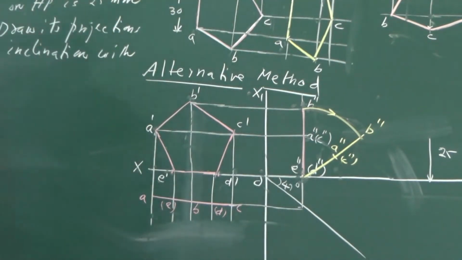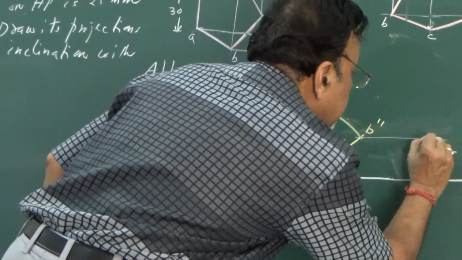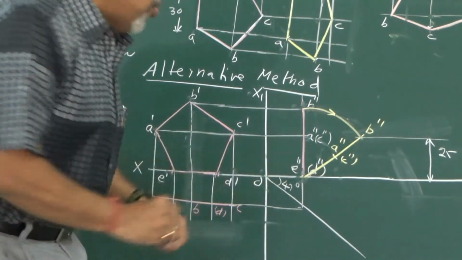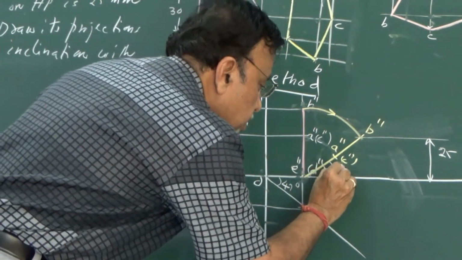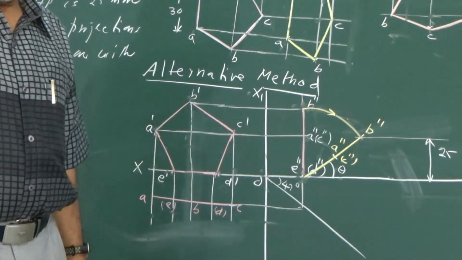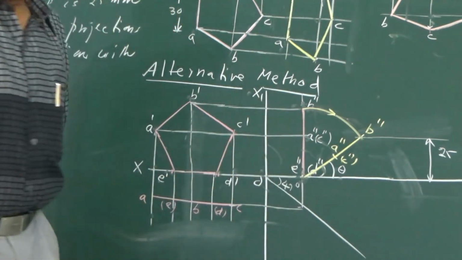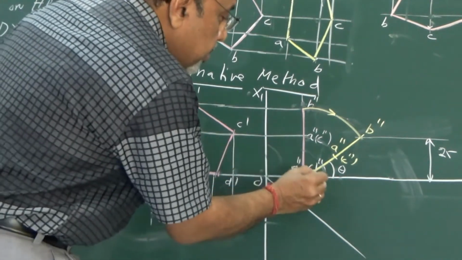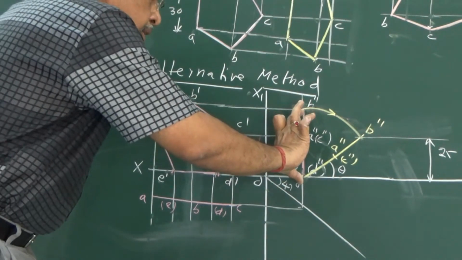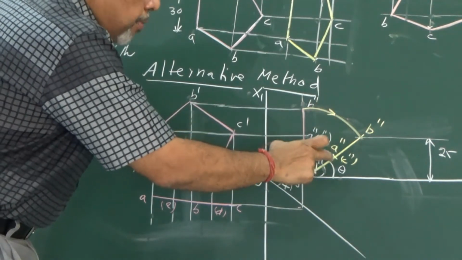Is it okay? So once you do this, what I said was this particular point has to be 25 mm above HB. So now what is happening? Now this particular lamina is inclined to HB by an angle theta. And with reference to VP, I can simply measure this angle, because these angles are complementary now. So I can show this angle to be phi. Earlier the lamina was perpendicular to HB. Now it has been inclined to HB.